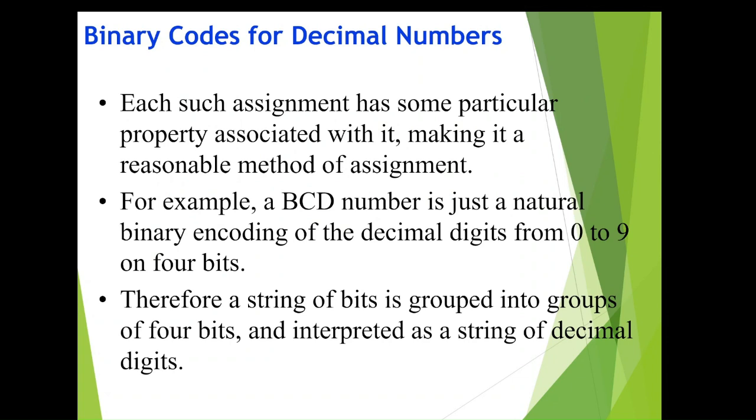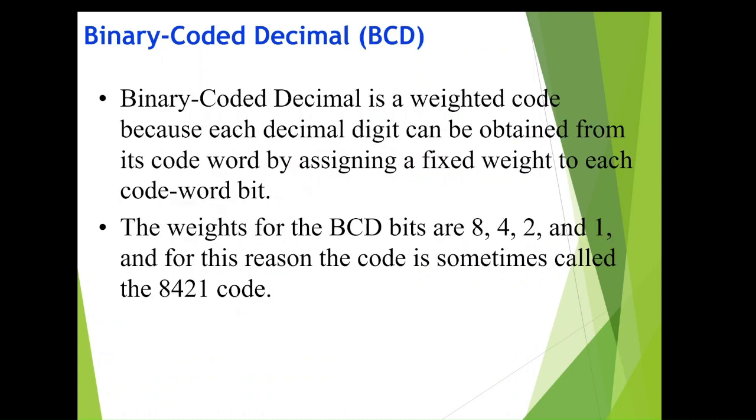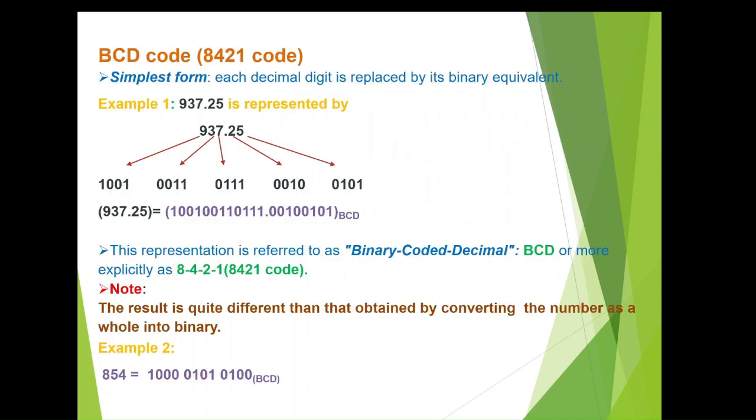And the foremost example for the numeric code, that is weighted code, is BCD code. BCD, binary coded decimal, has 0 to 9 numbers, and it will be represented by 4 bits. Otherwise, it is called 8421 code. For example, if I take